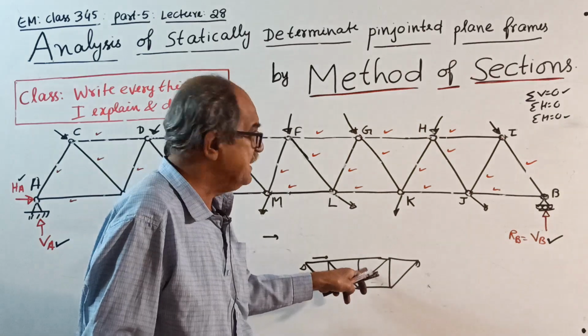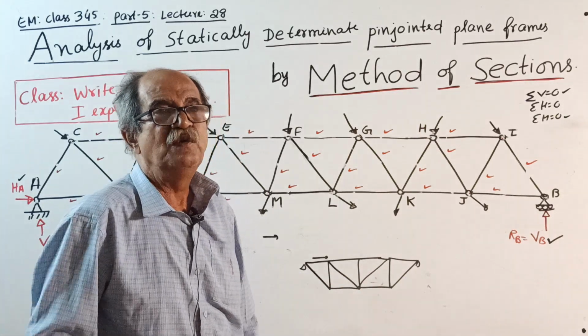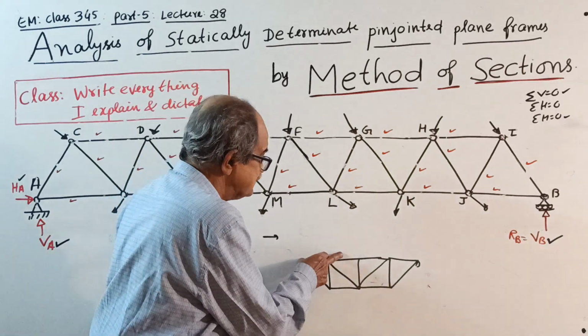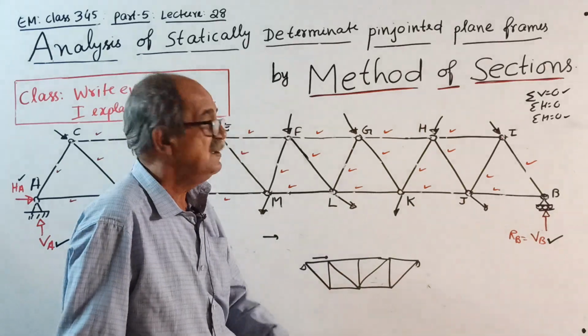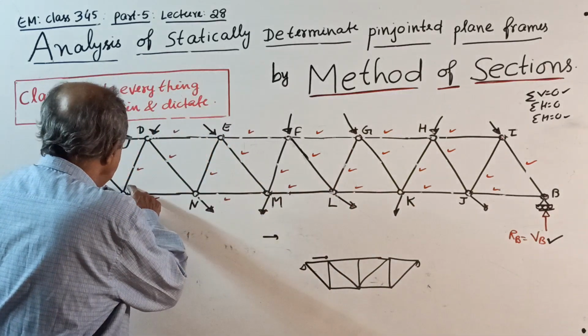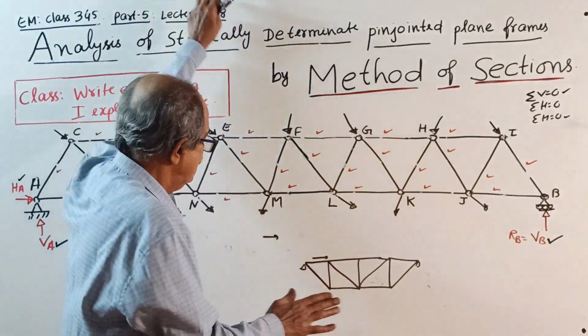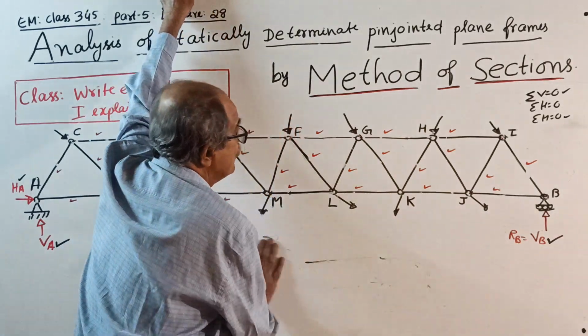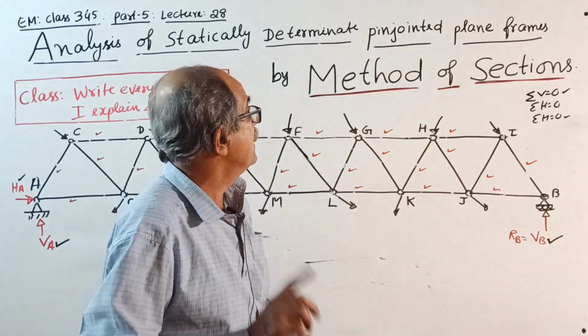But deck type for roads, they don't prefer because it's a little dangerous. Vehicle may fall down. Here, if the vehicles are moving here, truss will give side protection. Okay, leave it now. There's a reason for this one, because later I will tell the real importance of